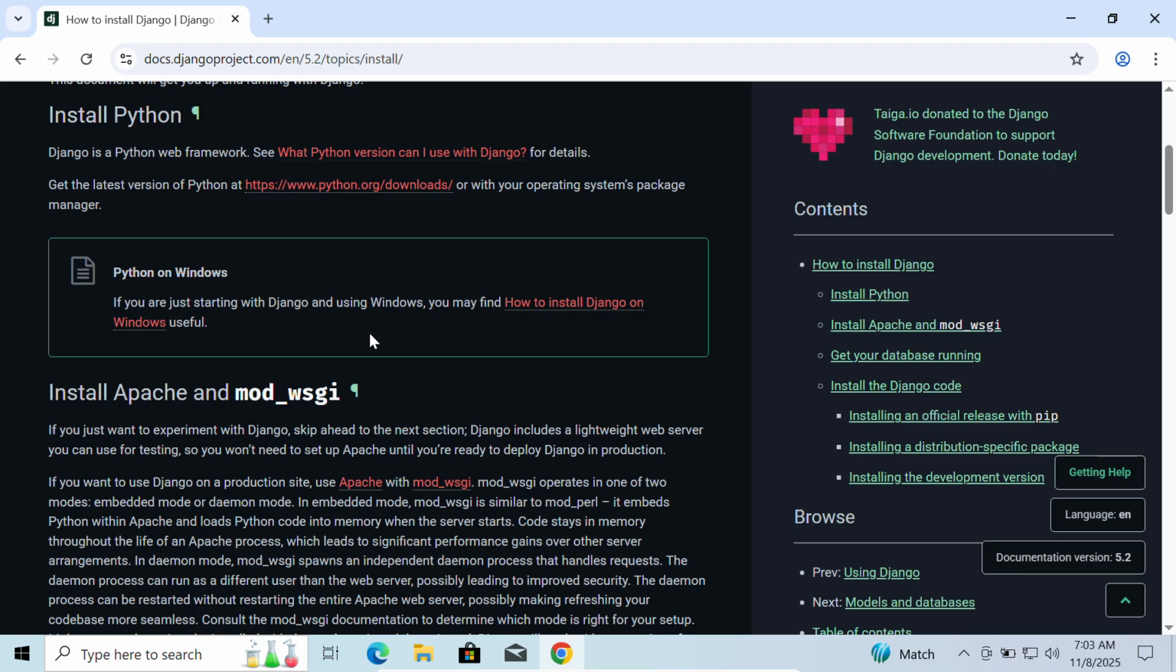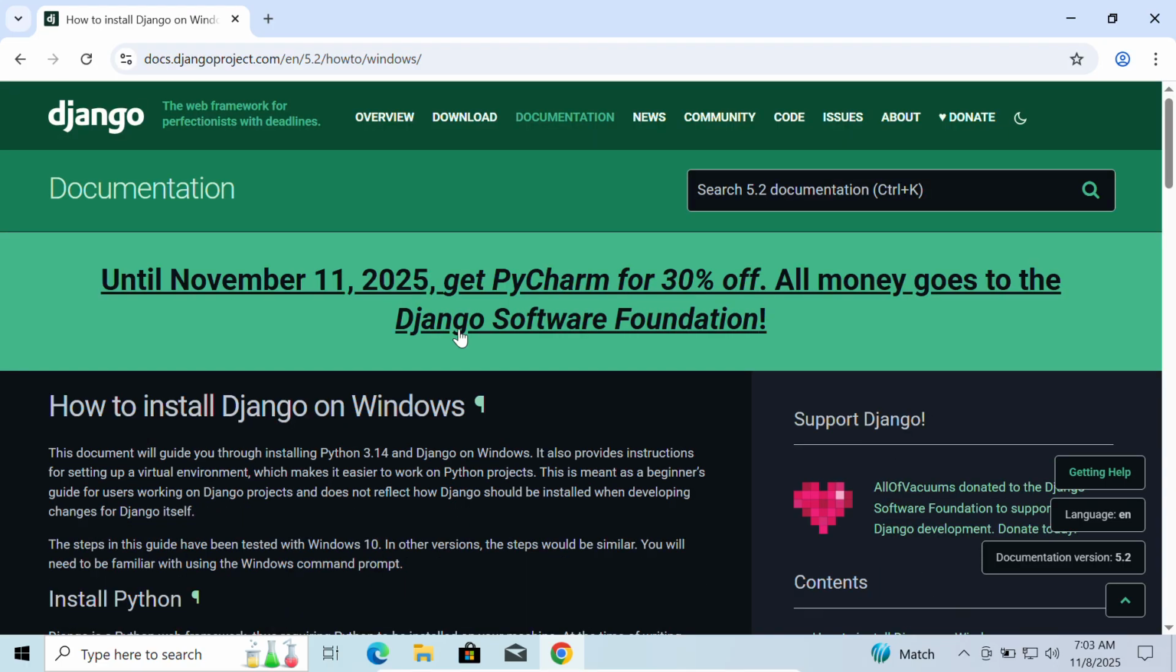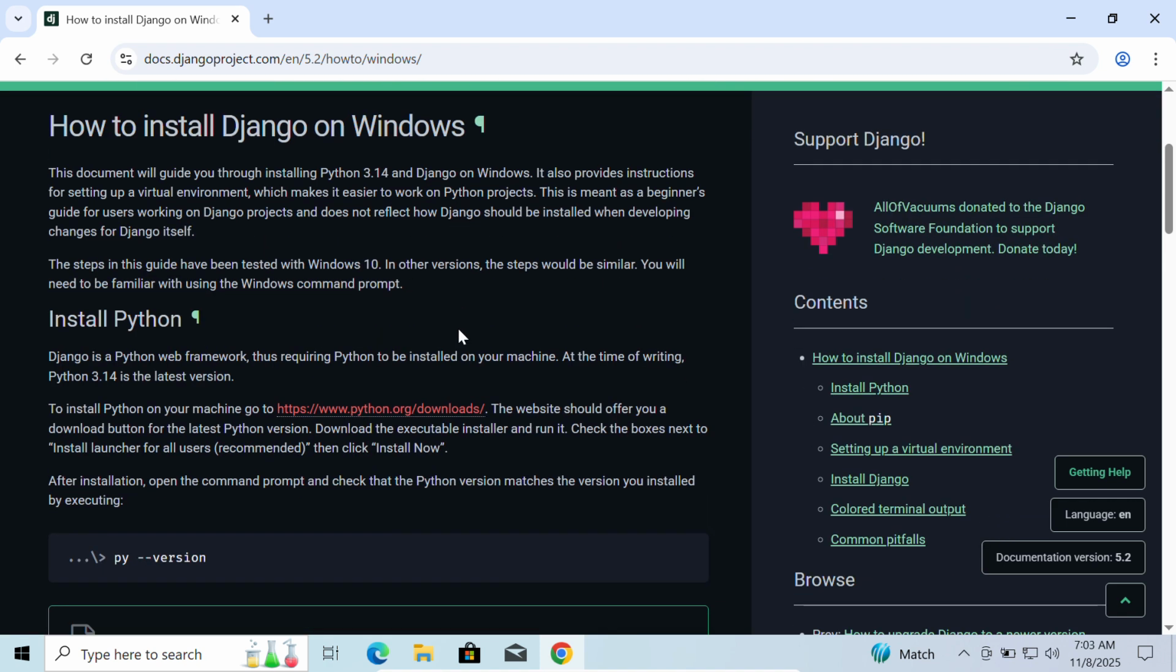If you are just starting with Django and using Python and using Windows, you may find how to install Django on Windows useful. Alright, let's do that. This document will guide you through installing Python 3.14 and Django on Windows. It also provides instructions for setting up a virtual environment, which makes it easier to work on Python projects. This is meant as a beginner's guide for users working on Django projects and does not reflect how Django should be installed when developing